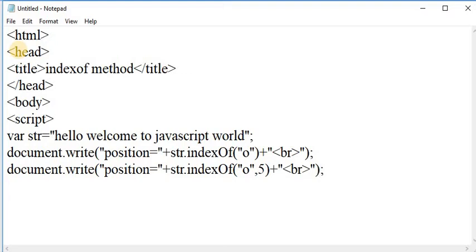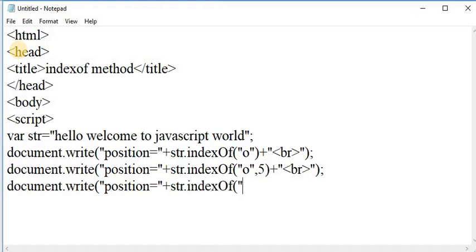In this way, again I am printing document.write. Here I am passing some string value. Here position of string is equal to, suppose, plus str dot indexOf, here I am passing the string welcome.